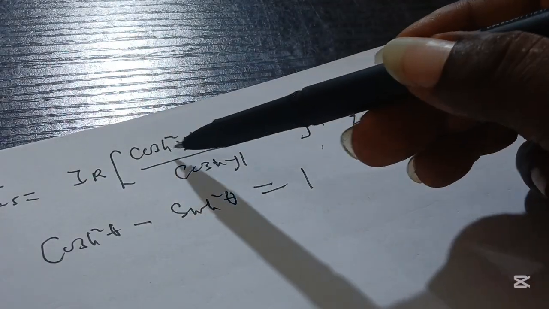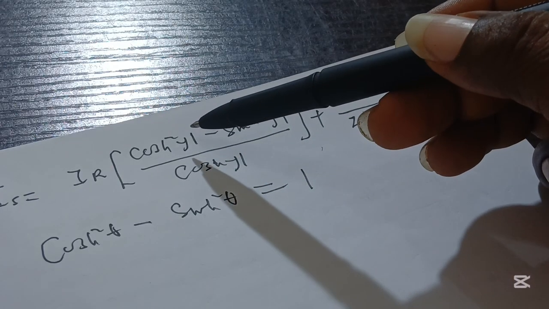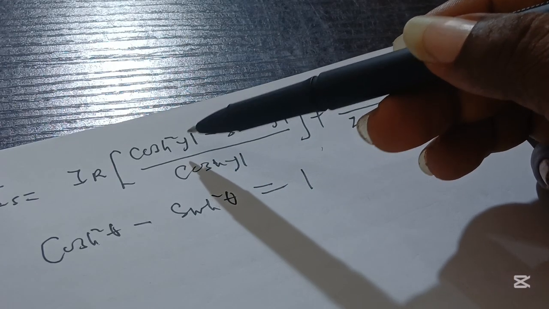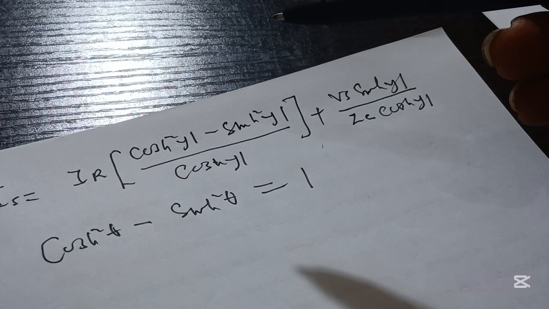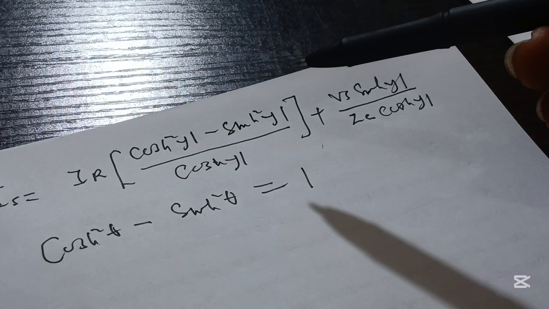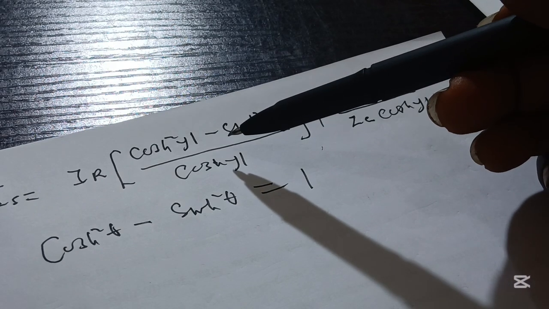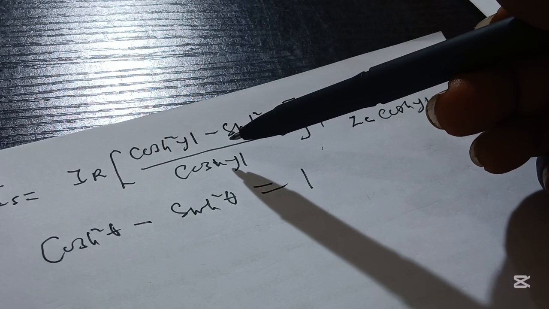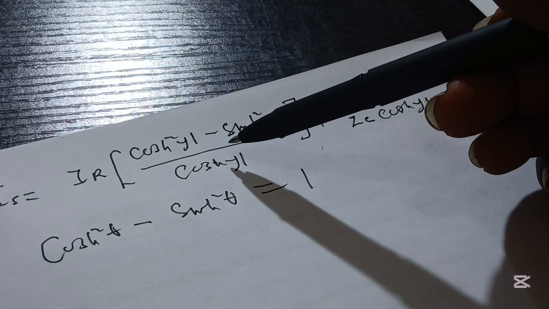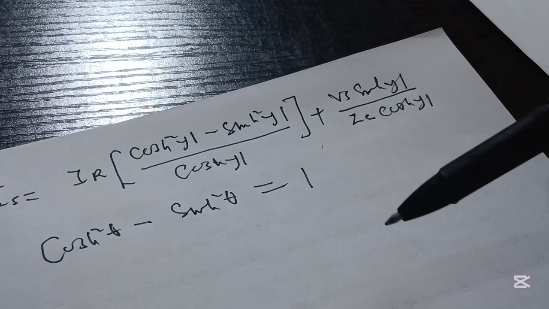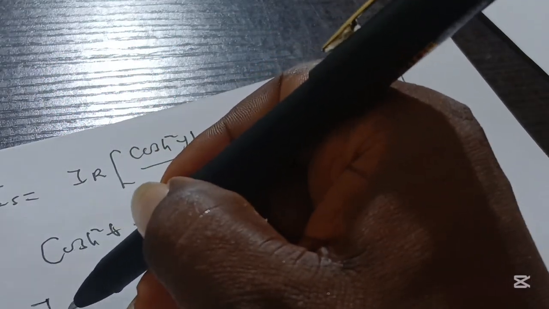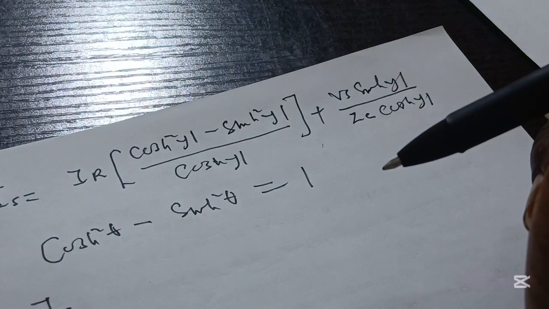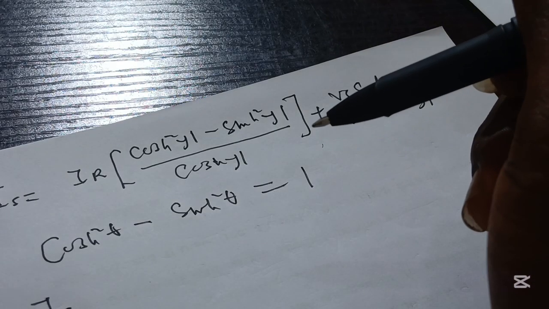So at this point, the whole of this, we can call it equal to 1. And because of that, we can write this way, that this is going to be